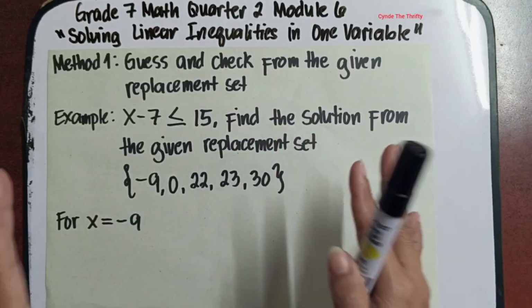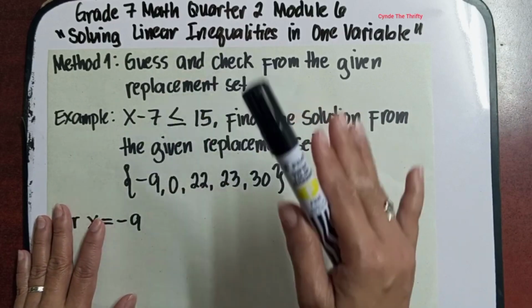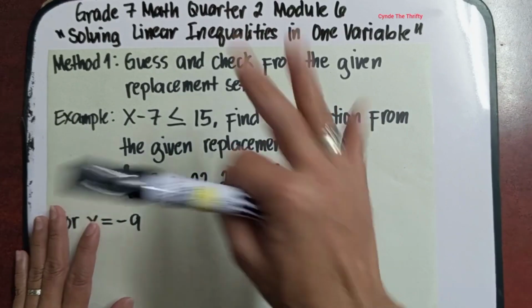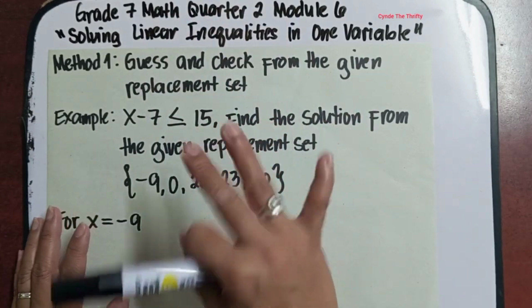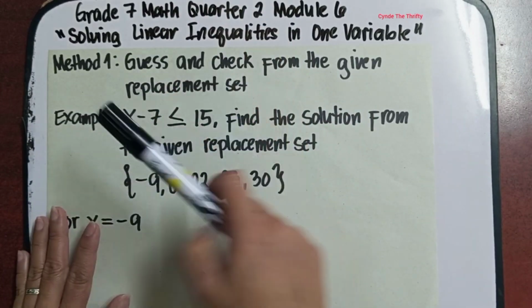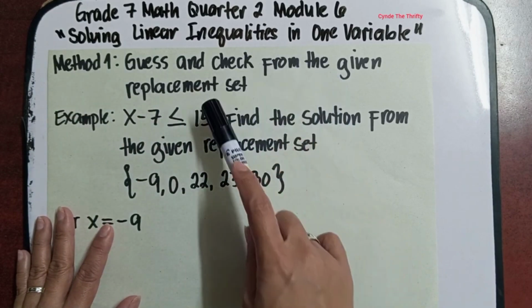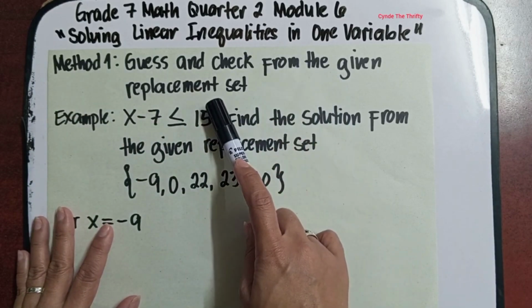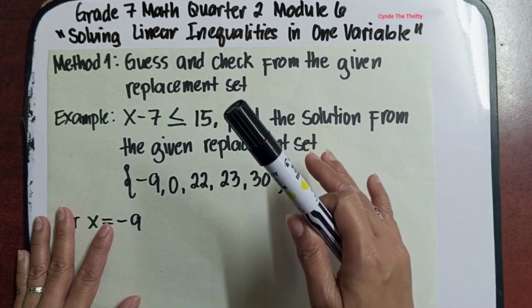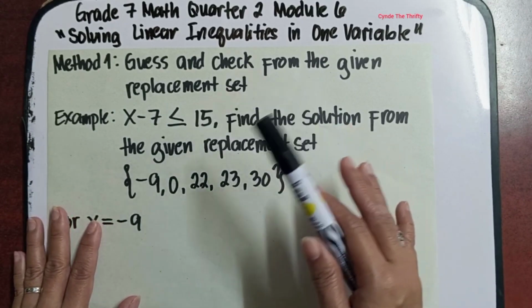Meron tayong mga paraan kung paano natin isolve ang solution ng linear inequalities gaya ng ating linear equation. So, ang ating linear equation is meron tayong tatlong paraan. Ang ating linear inequalities is meron tayong dalawang paraan. Okay, ang first method is guess and check from the given replacement set. Okay, so meron tayong replacement set tapos i-check natin siya or isolve natin lahat para makita natin kung saan ba